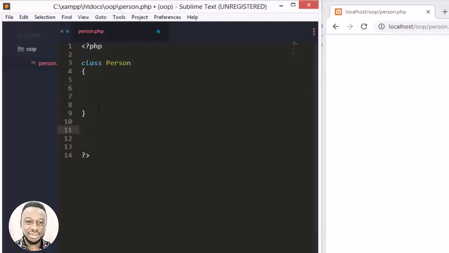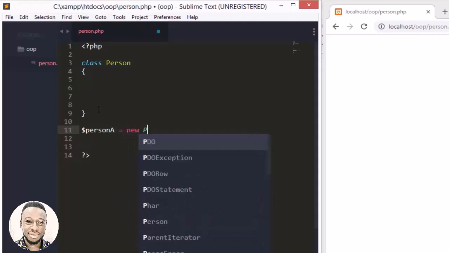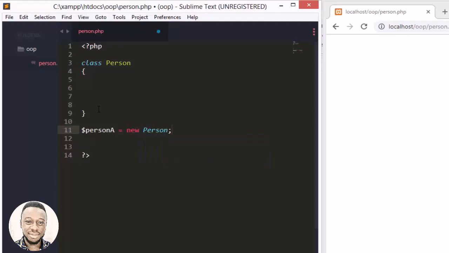The way to do this is to create a variable, and let's call it $personA, equal to new Person. That's it. I can then create as many of these as I want. So in this case, $personA, as my variable name, is an object, which is an instance or example of this general class Person. If I run this again,